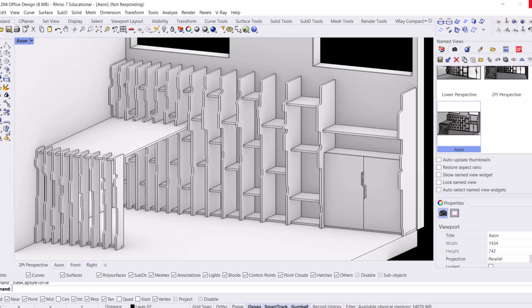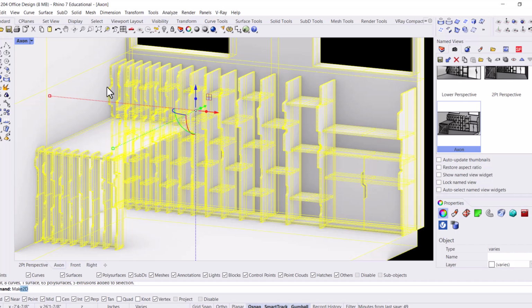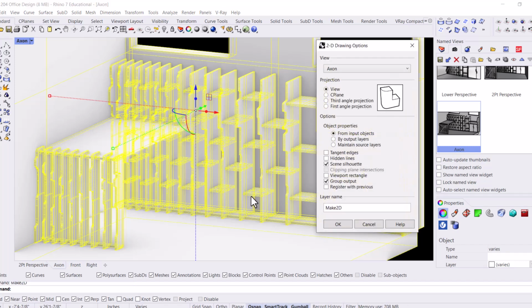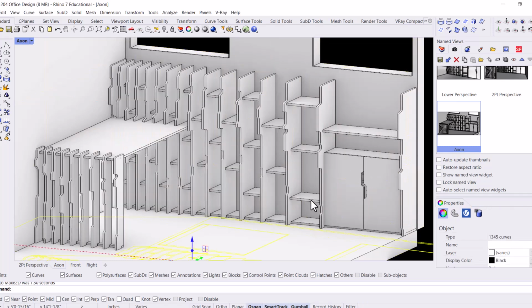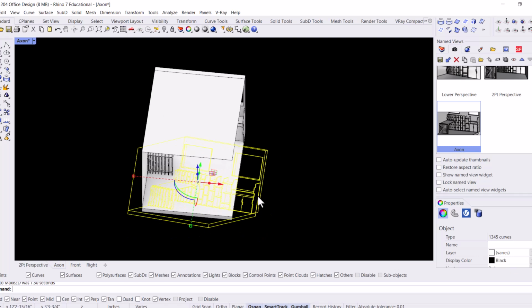And now I also want to export this as line work as well. So I want to be able to take that line work into Illustrator and further edit the line weights there. Let's say I wasn't happy with this. I can also do that. So I'm going to take this model, select it, and type make 2D. And it'll create a projection of that 3D geometry flat on the C-plane, which I'm going to move over,